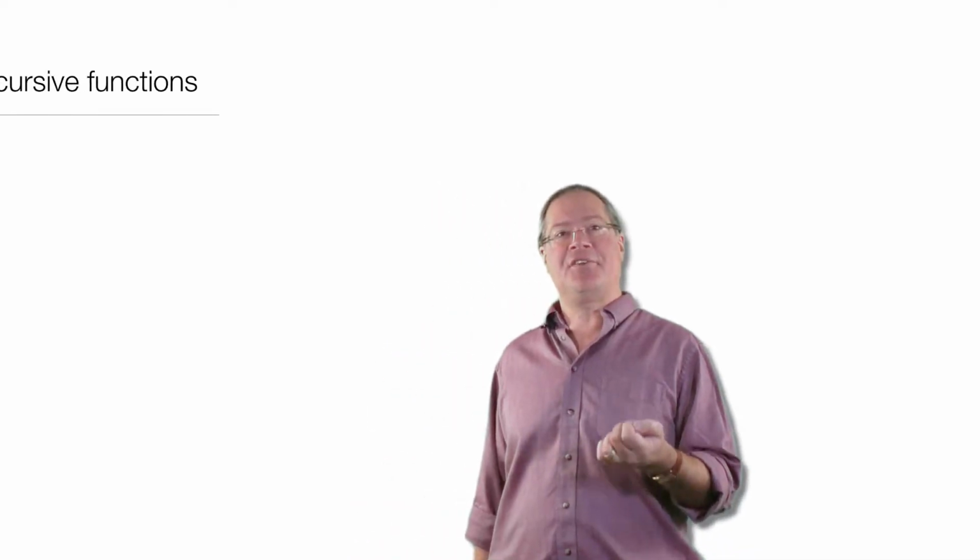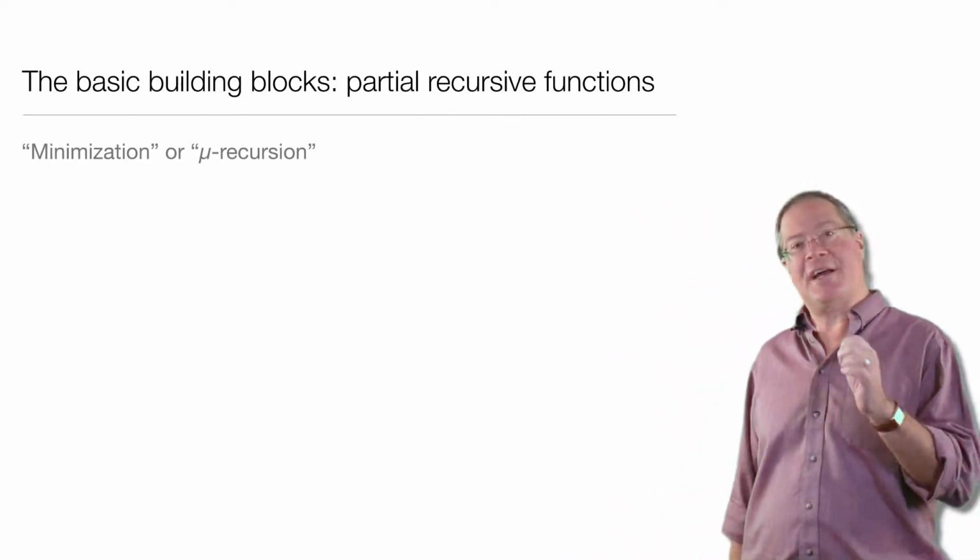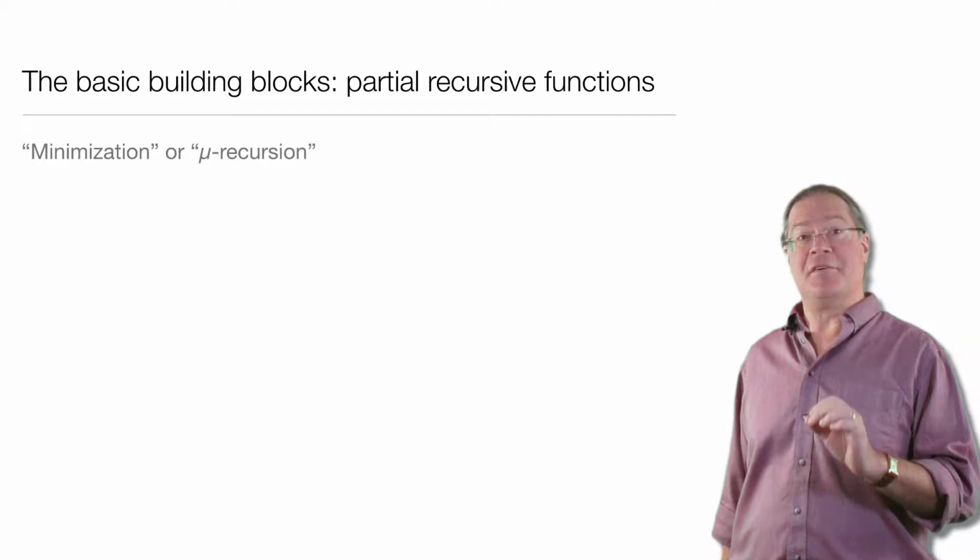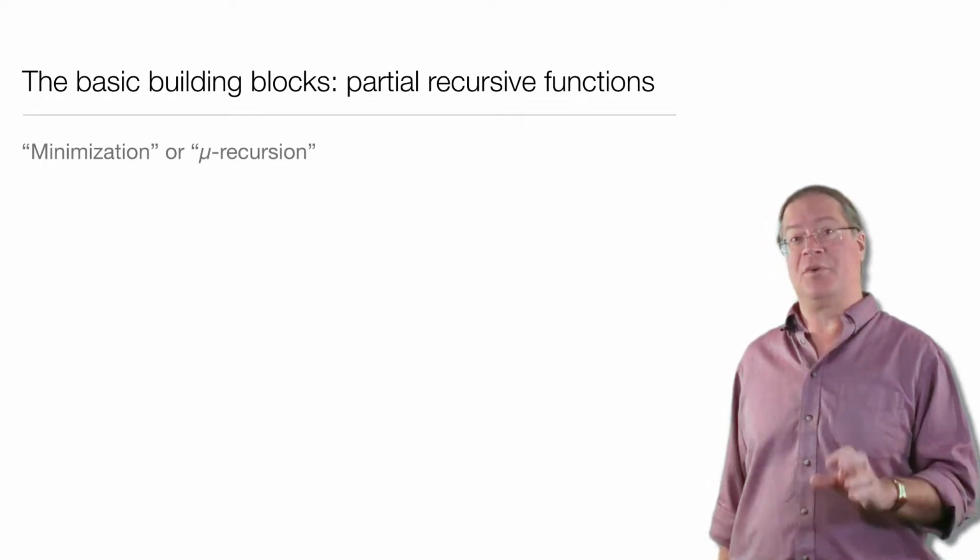All right, so we've seen composition, we've seen primitive recursion. We're going to look at one more building block that the founders of computability theory felt was necessary. It's sometimes called mu recursion or simply minimization. Here's how it works. Suppose that I have a function f of two variables, x and y, which is already